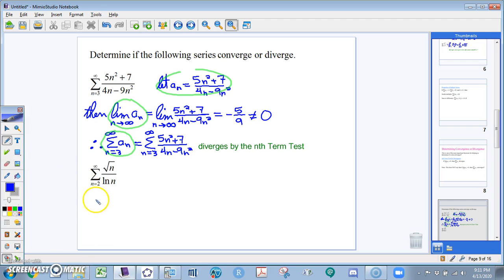Alright, so in this example here, I'm going to let a sub n equal the square root of n divided by the natural log of n. And I really want to look at that limit as n goes to infinity of those terms. That means finding the limit as n goes to infinity of the square root of n divided by the natural log of n. Well, if I think about the real variable function here, the square root of x divided by the natural log of x,